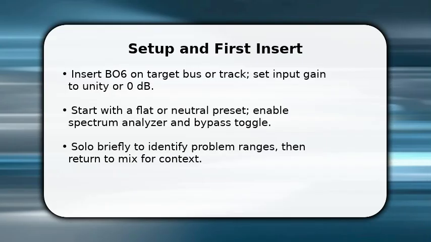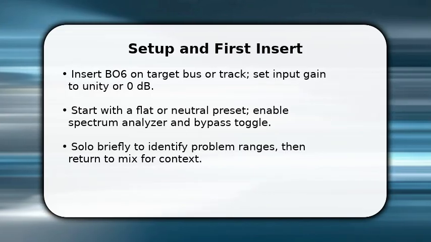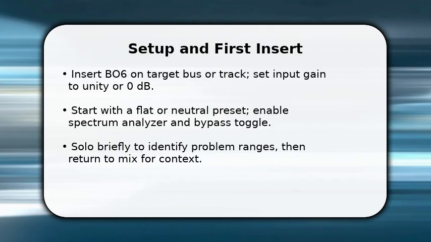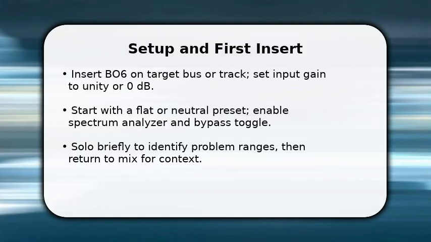You start by inserting the Sound EQ on the track or bus you want to shape. Set input gain to unity so you don't mask problems with level changes. Once done, choose a flat preset and enable the spectrum analyzer to visualize energy. Solo briefly to isolate issues, but make sure to return to the full mix frequently. This keeps balance realistic. Now identify obvious peaks and dips, mark the troublesome frequencies, and prepare to engage the individual